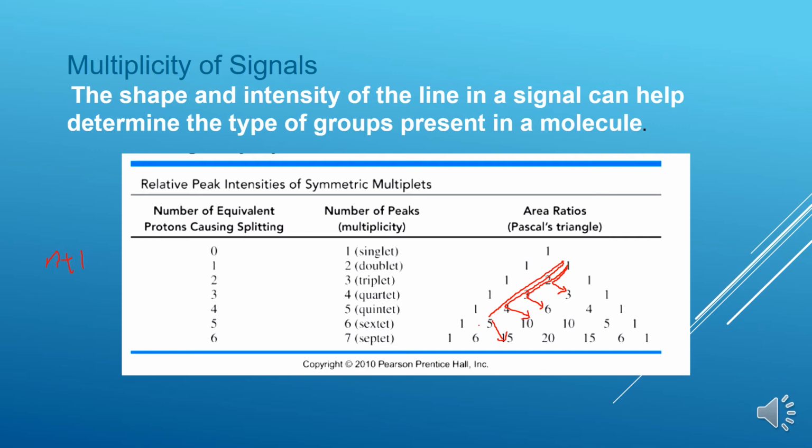See, for 3, add 1 and 2. By adding these 2, we get 3. Like that, 6 is 1 plus 2 plus 3. 10 is 1 plus 2 plus 3 plus 4. 15 is 1 plus 2 plus 3 plus 4 plus 5. Similarly, on the other side also, the same calculations have to be utilized. Okay.